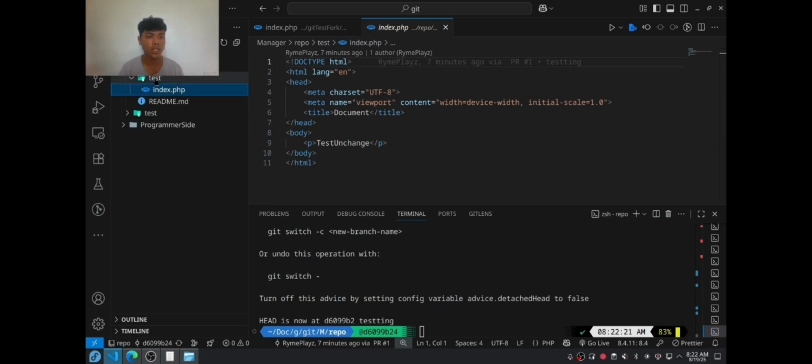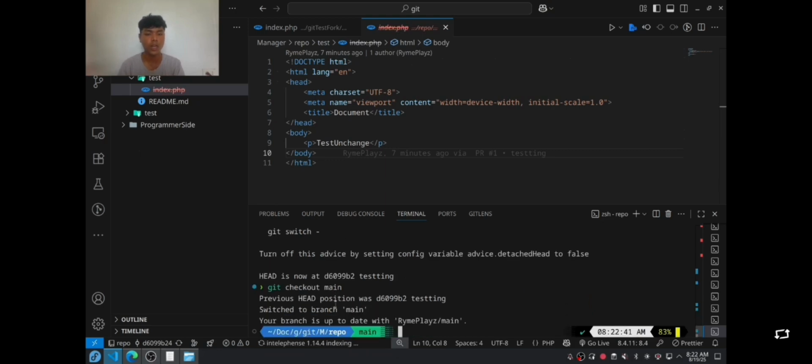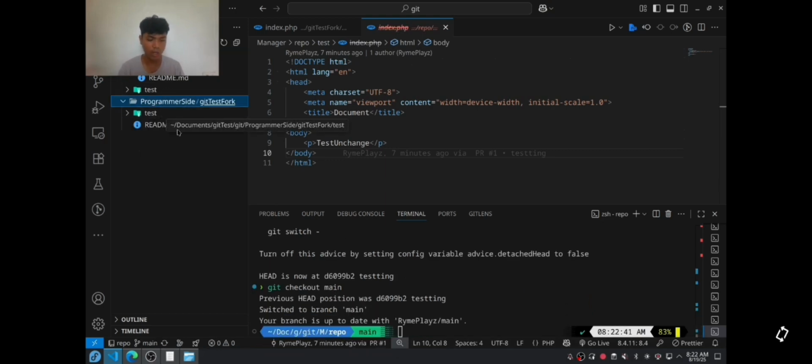This is the things the programmer did, and the manager will test it out to see if it works. But the thing I did wrong was I already merged it in the main, which was not recommended. So that's all. Let's go to the programmer side.